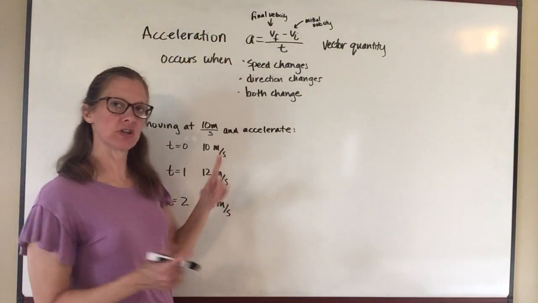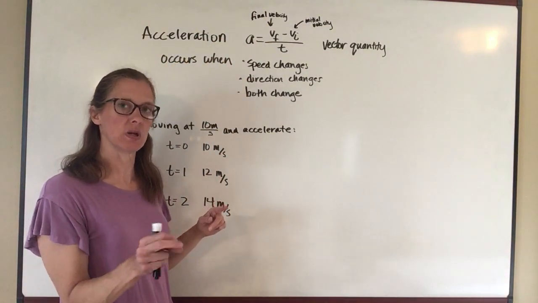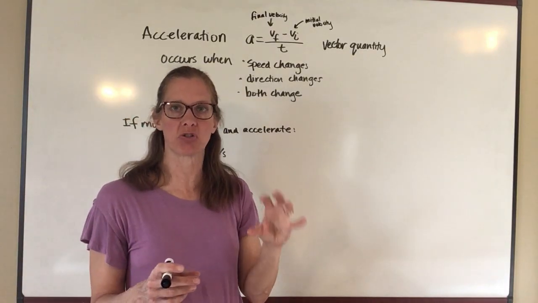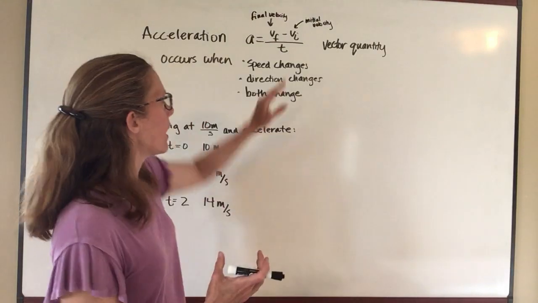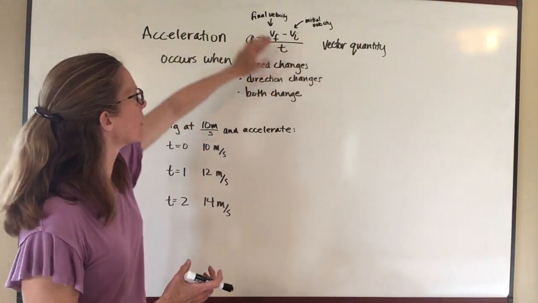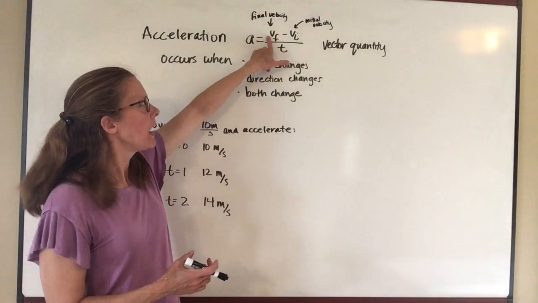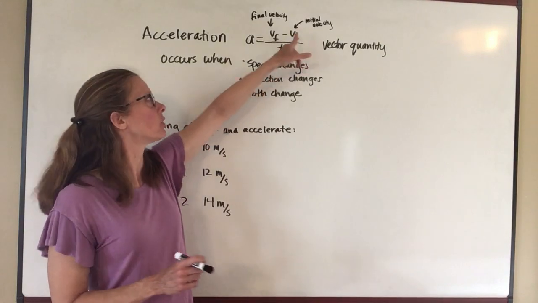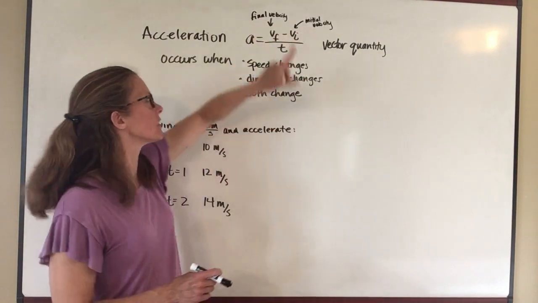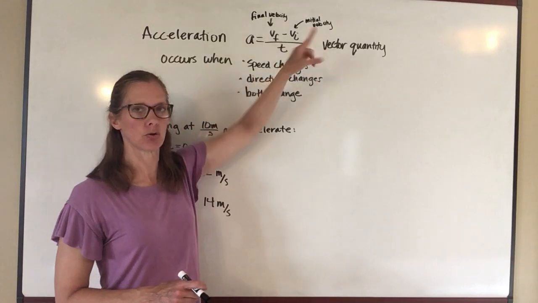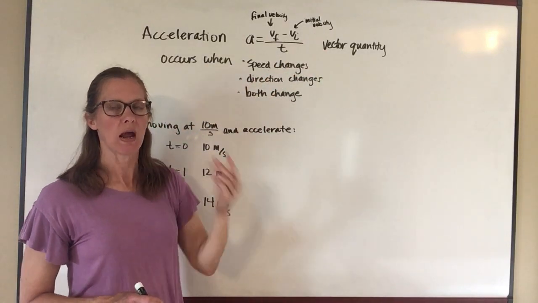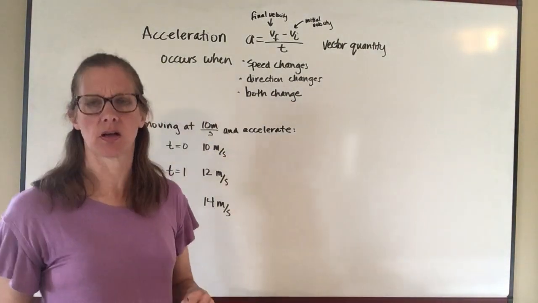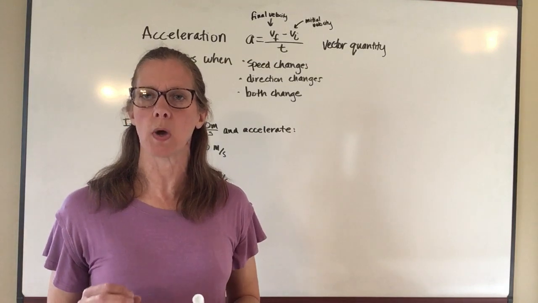So this probably should look familiar from when we were doing displacement earlier. We said that the change in displacement was the final position minus the initial position. Well, this is basically the same thing here. I'm going to take the final velocity and I'm going to subtract the initial velocity from it. So you have to be careful to make sure that you get these in the right order. It's the final minus the initial. You want to make sure that you don't flip them backwards, and I will show you why here in just a second. The units on acceleration are something that tend to confuse students,